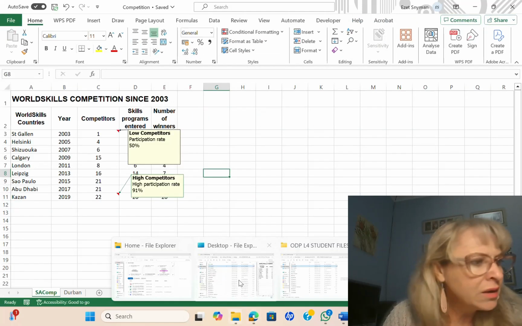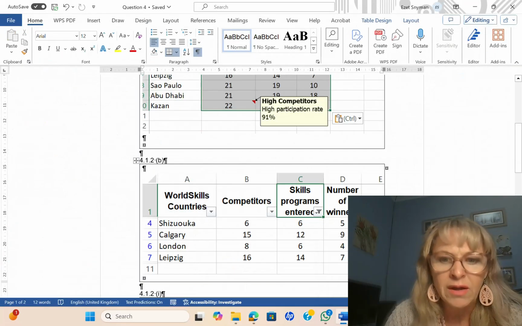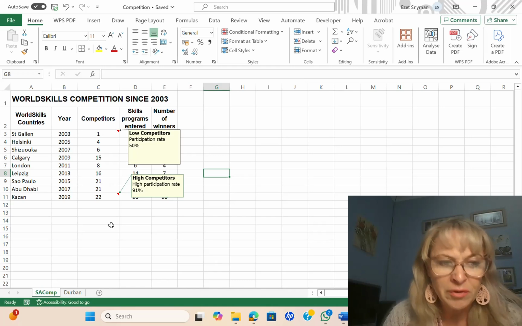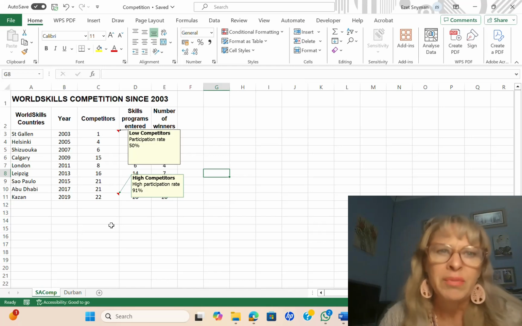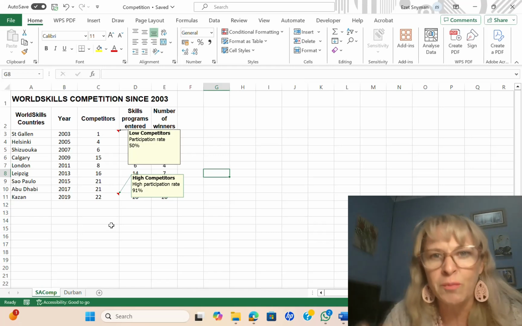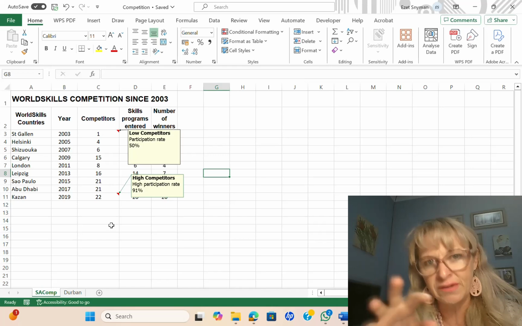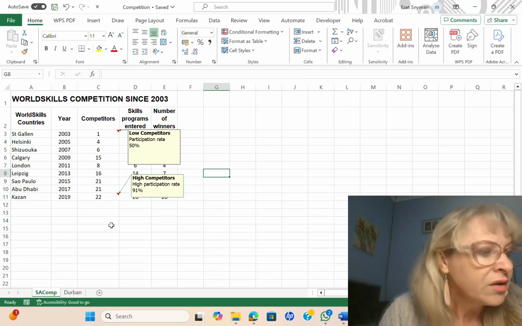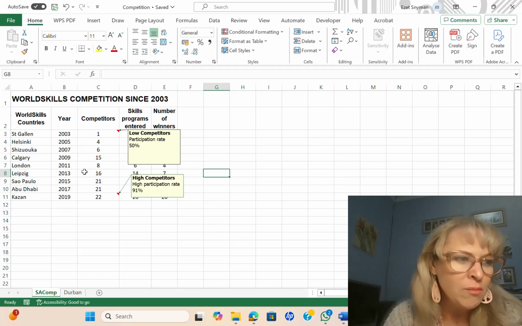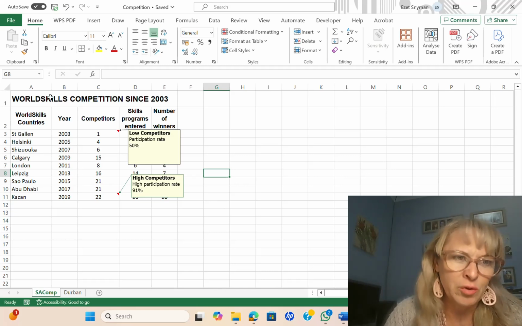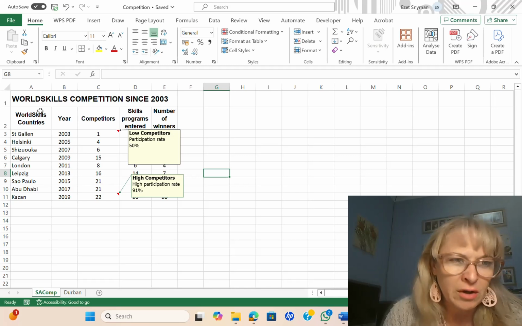Okay. Then on A, they say, let me just open this one. There are 2 worksheets at the bottom. On the left it says SA Comp, and on the right it is Durban. But it is in the competition workbook. In other words, it's one workbook, but you can have many worksheets in one workbook. So they say copy the range A2 to A11 from SA Comp and paste it in the Durban worksheet, and they want you to keep the source column width. So I'll show you how to do that.